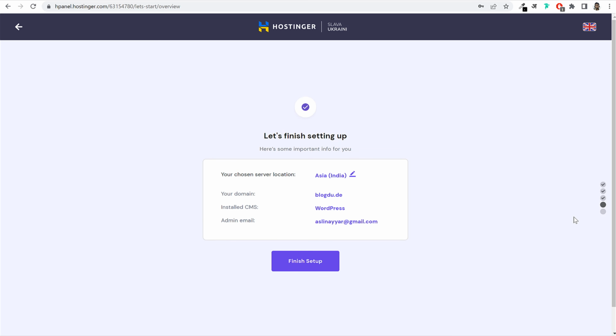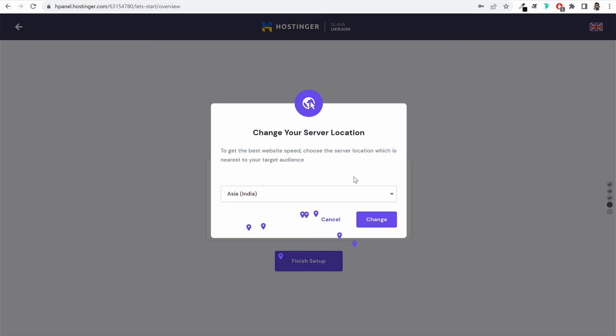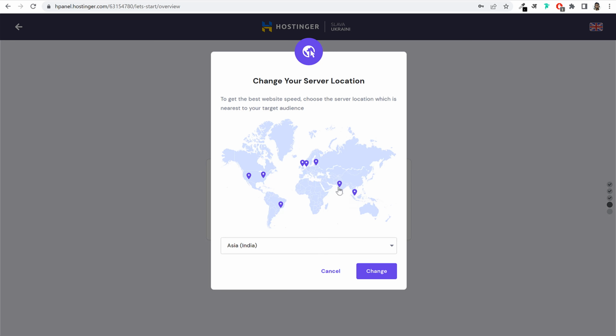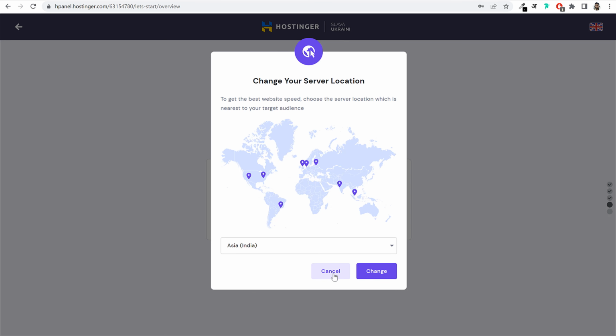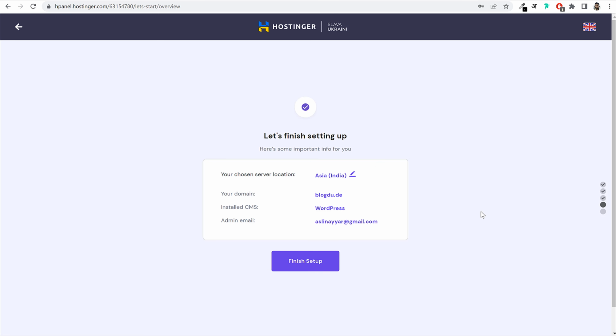And again, after that, in this step, you will see this message. First of all, you can see your server location. Because I'm from India, for me, Asia data center location is selected. If you want, you can click on this and select some other data center location. As you can see, there are data center locations in USA, in Europe, in India, whatever data center location you want, you can select that. I don't recommend this. Just leave it at default. And after that, once you finish all this, you can just click on this finish setup button and complete